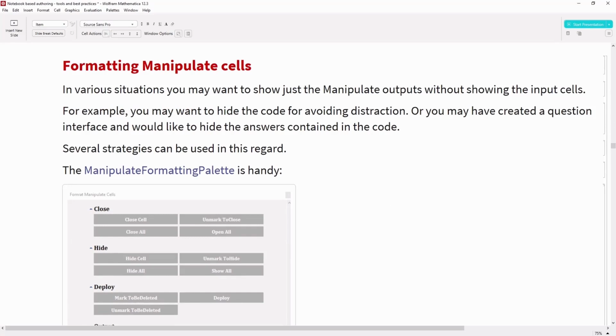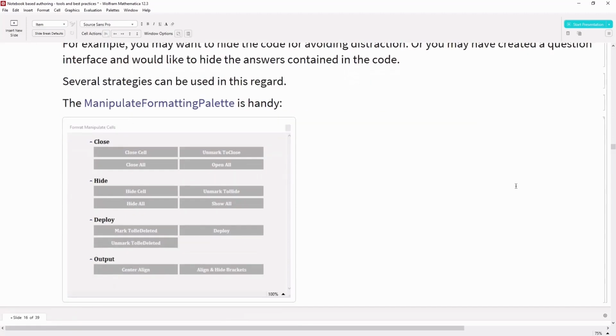With that, we can close certain cells in our notebook, we can hide certain cells, we can set show cell bracket for such cells, we can mark our cells to be deleted, and when we hit deploy in this palette, it would create a copy of our presentation notebook with the marked cells removed.